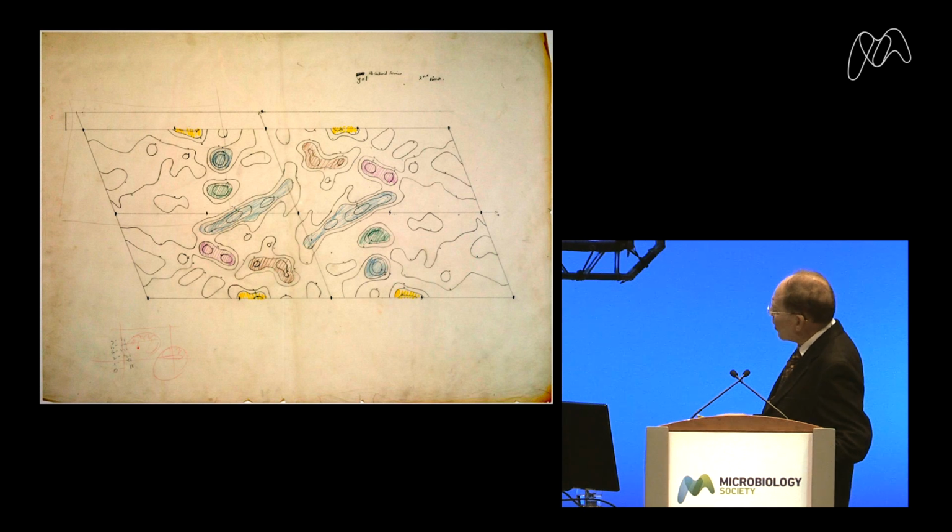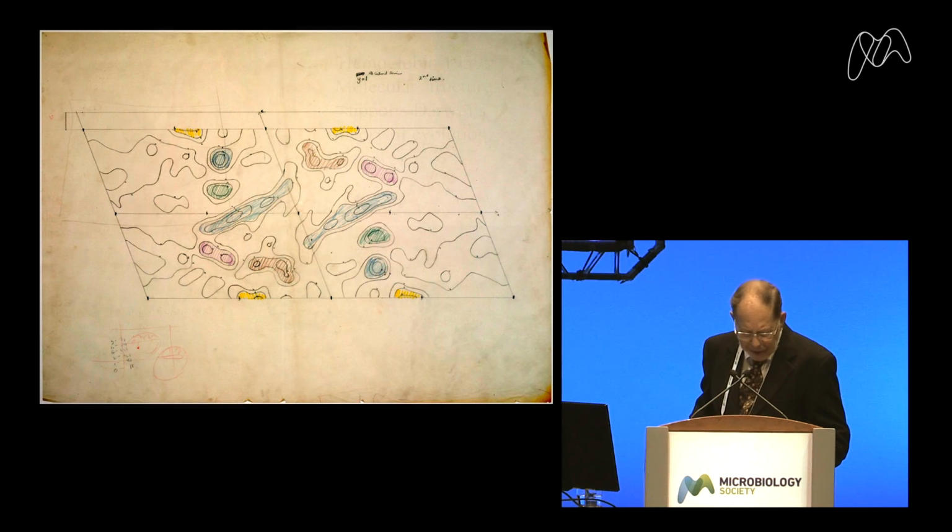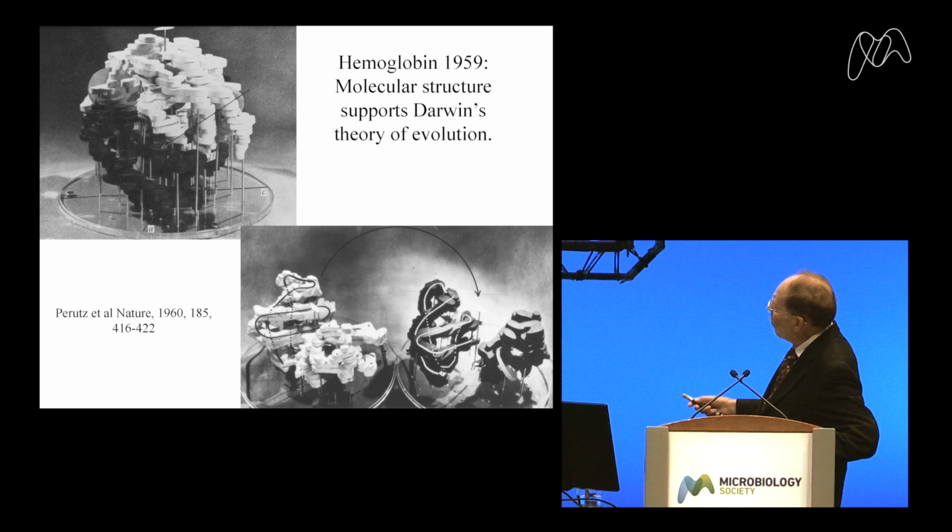Max had the good idea of making models in this way. For instance, this is the model of hemoglobin, and you can see the long alpha helices. Each layer, each section, like I showed on the previous slide, is shown here as a piece of clay molded into the right shape. And taking the model apart, we see the 2 alpha chains and the 2 beta chains, each related by a 2-fold axis.